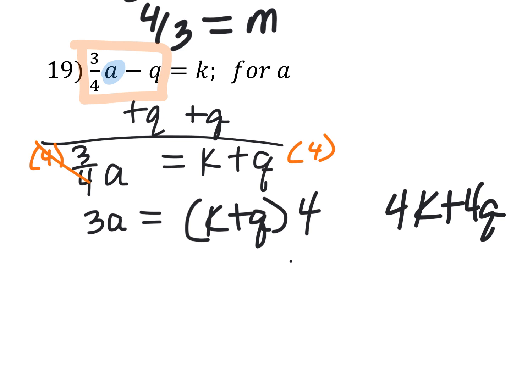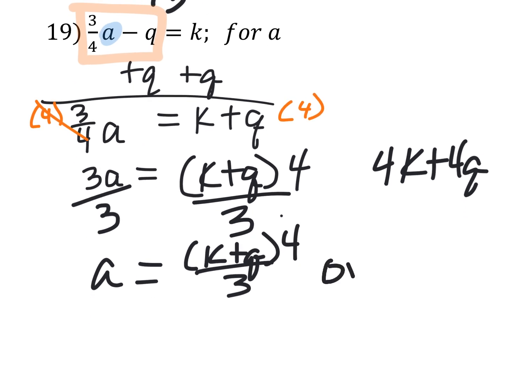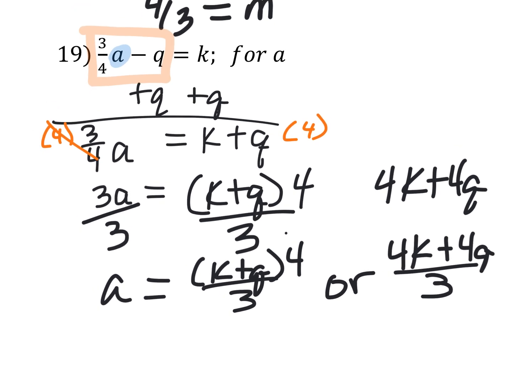Thank you for all the commentary. It is wonderful. Okay, the 3 is sitting next to the a, which means multiply. How do I cancel out multiplication? I divide. So your final answer could look like this. It could be a equals k plus q times 4 over 3. Or it could be 4k plus 4q over 3. Either one of those, it's two different ways of saying the same thing. Okay? So,